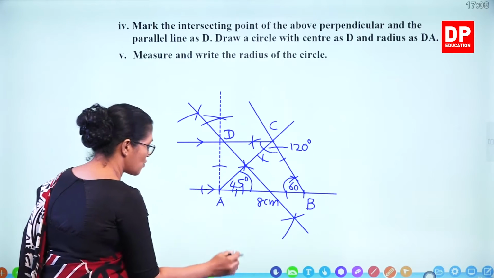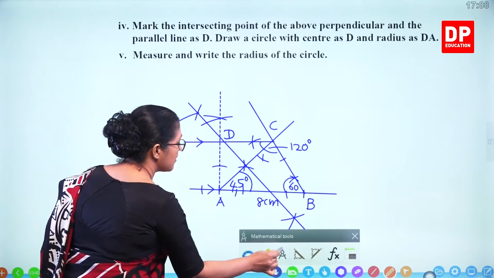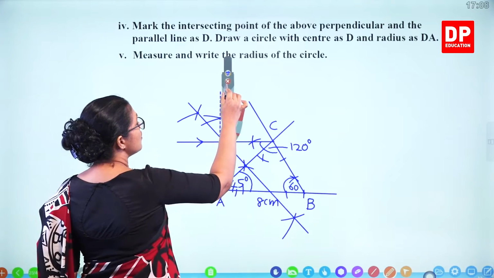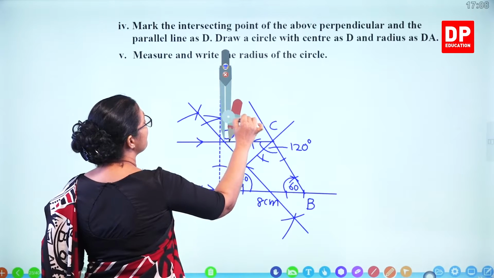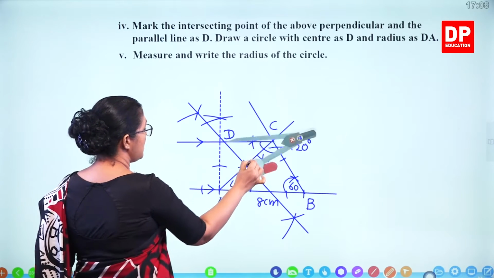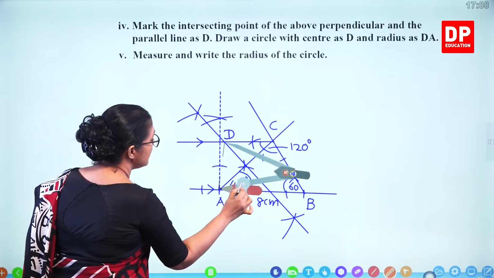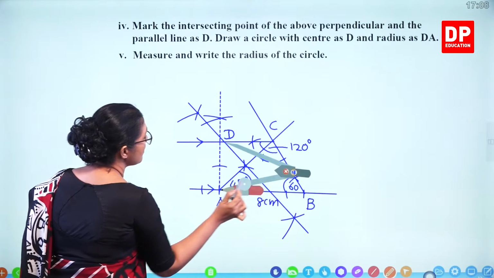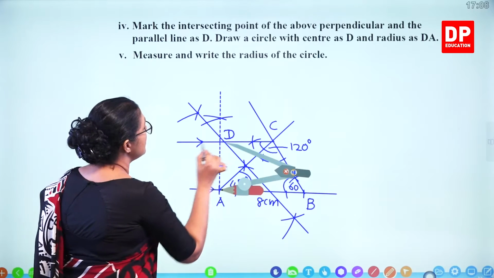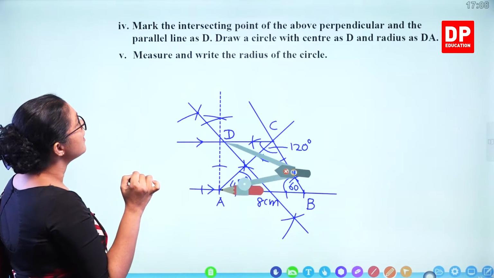So this distance. We can take the compass. D is the center, so keep the compass on top of D, and DA is the radius. So this distance, D and A,